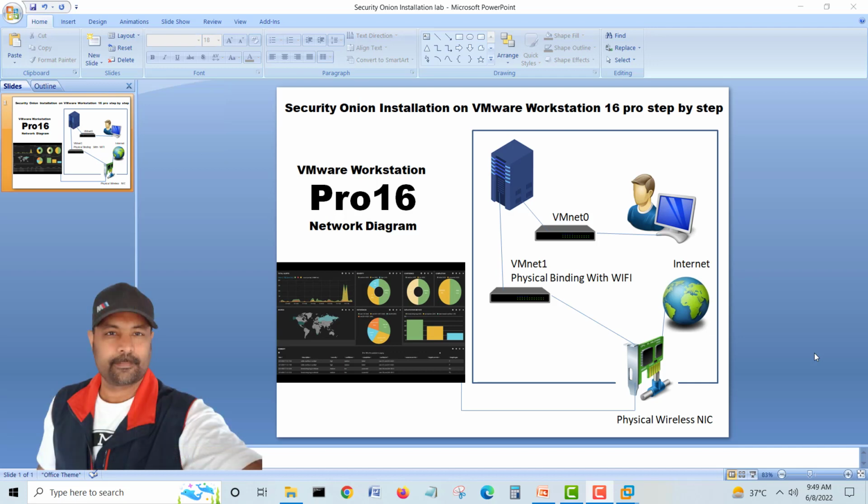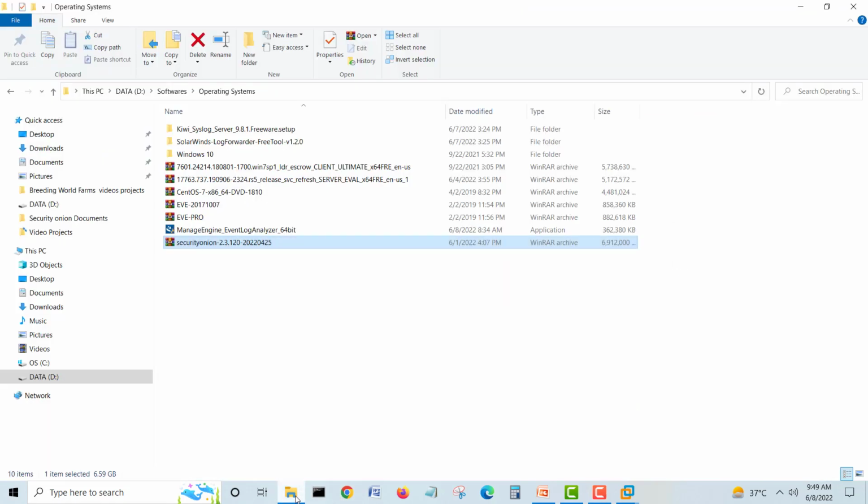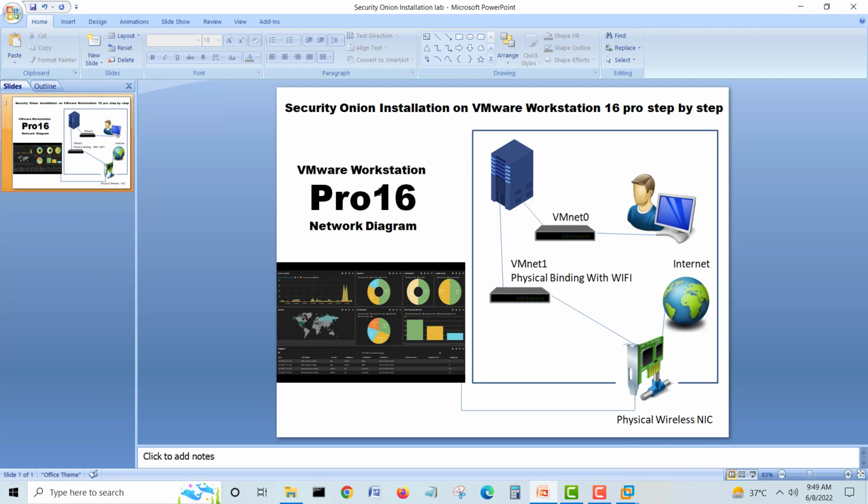Today we will see step by step how to install Security Onion 2. I think it's the latest one I have downloaded. It's 2.3.120, and I downloaded this 2-3 days back. So this is the latest one I'm using, and we are using VMware Workstation 16 Pro, and we will install our Security Onion on this